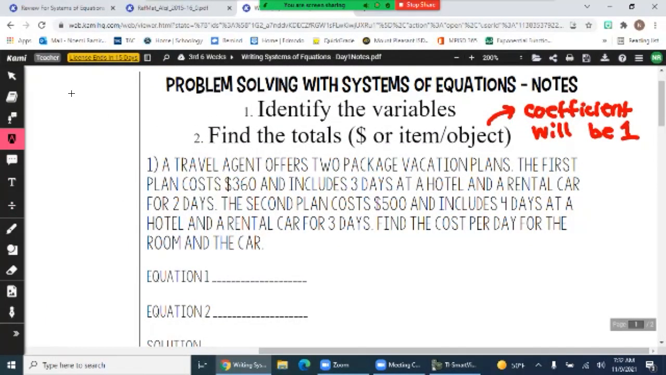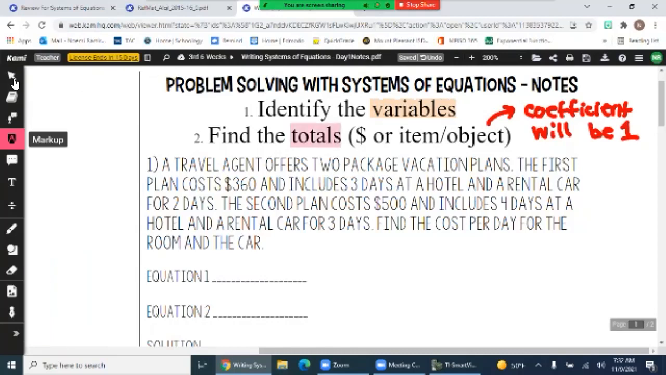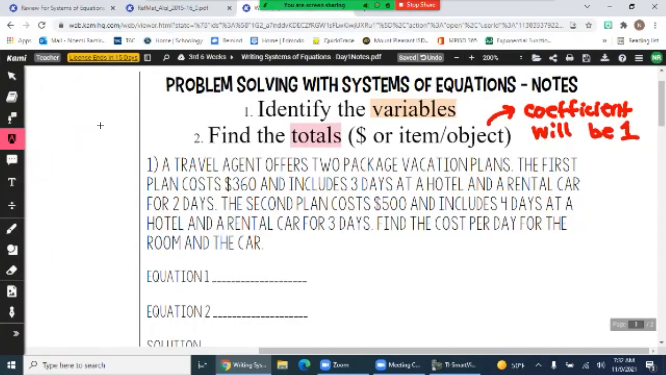So first thing I want to do is find my variables, and I'm going to highlight those one color. And once I find my totals, I'm going to highlight those a different color. So the variables are what you're comparing. What two topics are we talking about? We're talking about a hotel and a rental car. Now, once you find those, you want to actually write those out to the side